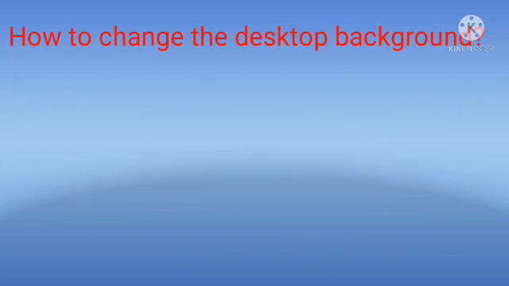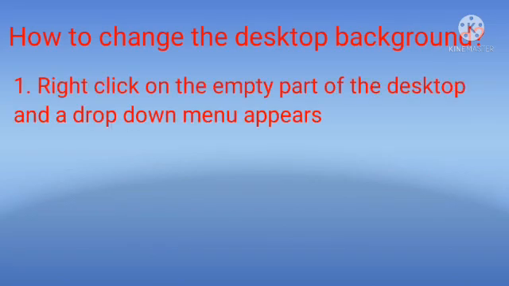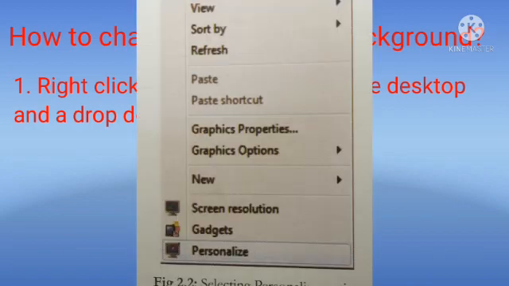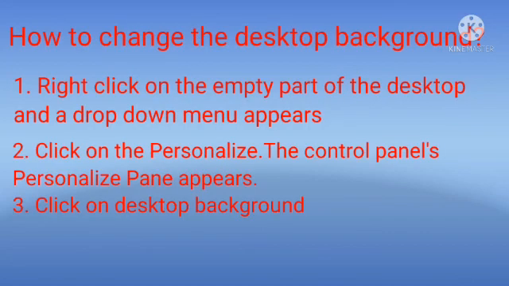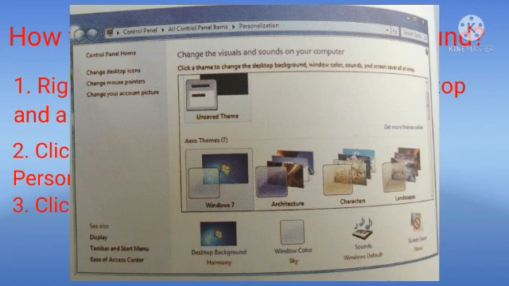Now let us study about how to change the desktop background. Firstly, right click on empty part of the desktop, then there will display a drop down menu. Secondly, click on personalize option of that menu, then control panel's personalize pane will appear on the screen.